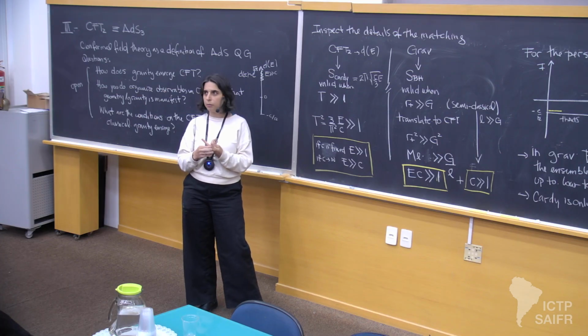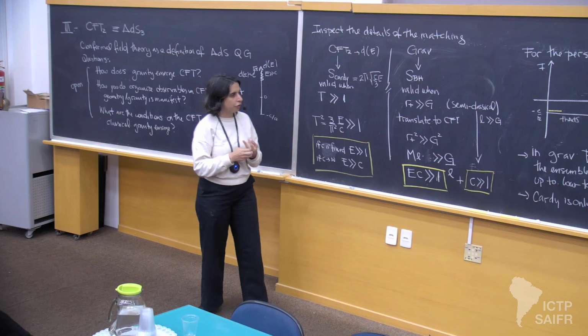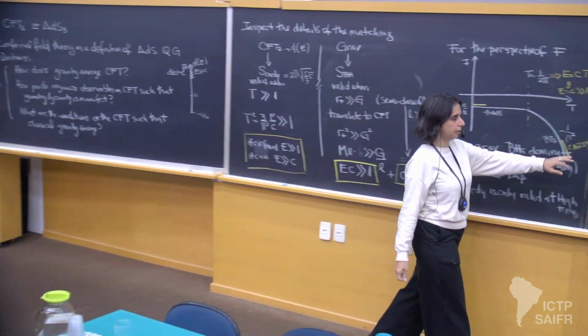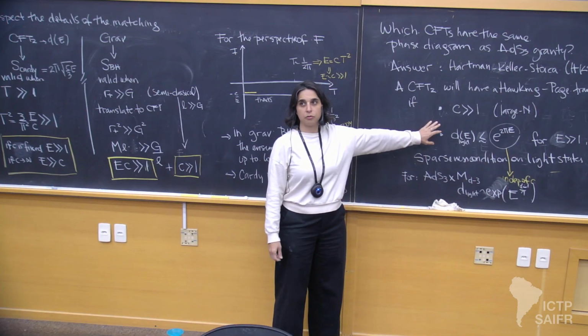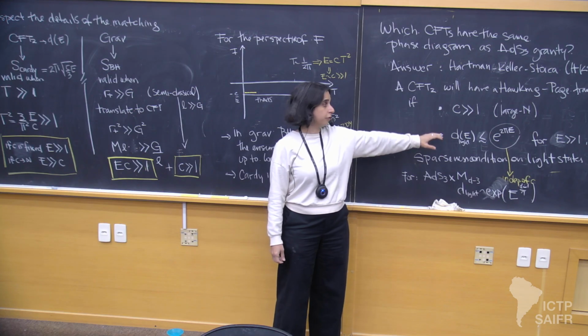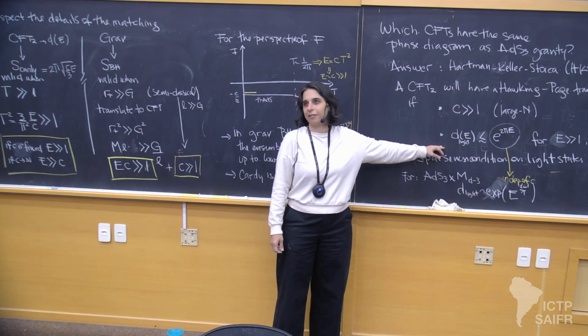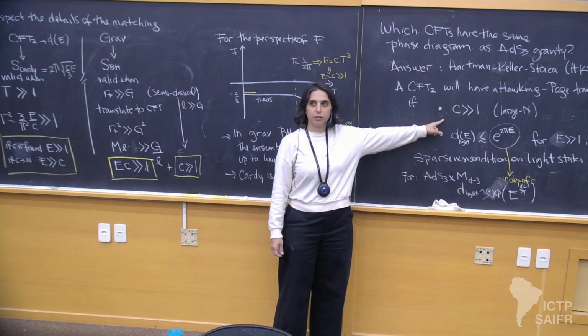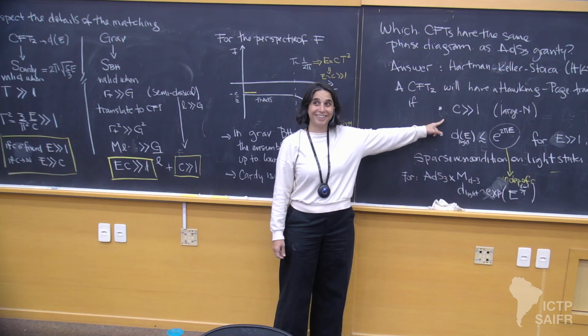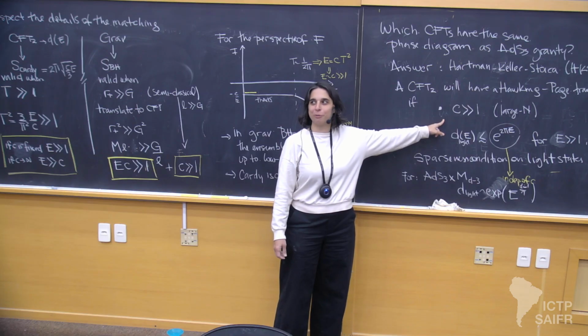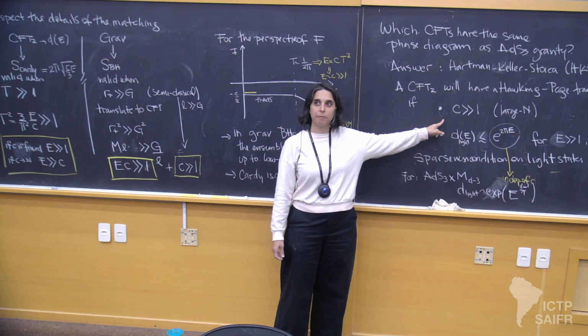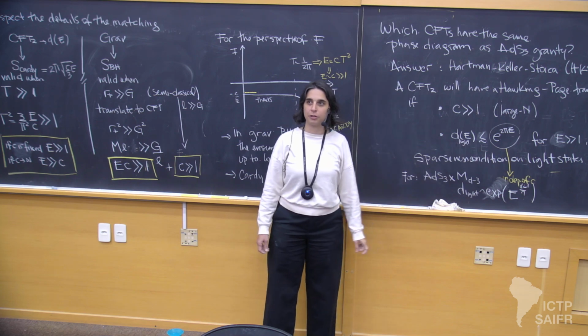The issue is that if you open the big yellow book and you try to look for a theory that complies with these two criteria, I can tell you right away that the book doesn't have one. First of all, forget about the second one. You might have thought, oh, that's pretty tough. The book does a great job at characterizing theories with C less than 1. The only theory that will have C bigger than 1 is like a free boson, like n free bosons, where you take the number of bosons to be large. We are terrible at characterizing and solving conformal field theories when the central charge is bigger than 1.